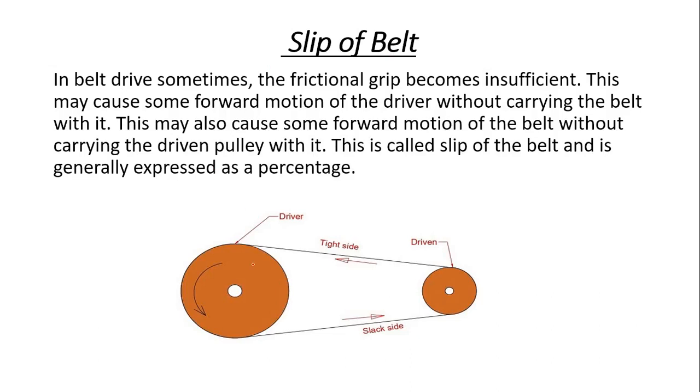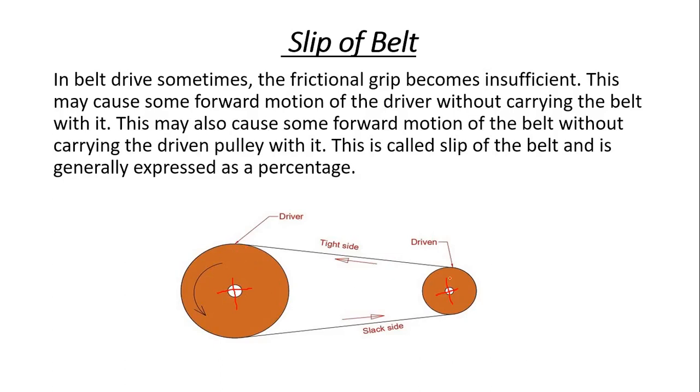For this we can see here a simple diagram of the belt and pulley system. Now this is the input shaft of the system and this is the output shaft of the system. And in this mechanism we can see that the driver pulley is keyed to the input shaft and the driven pulley is keyed to the output shaft, and the belt is here, so that power can be transmitted from driver to